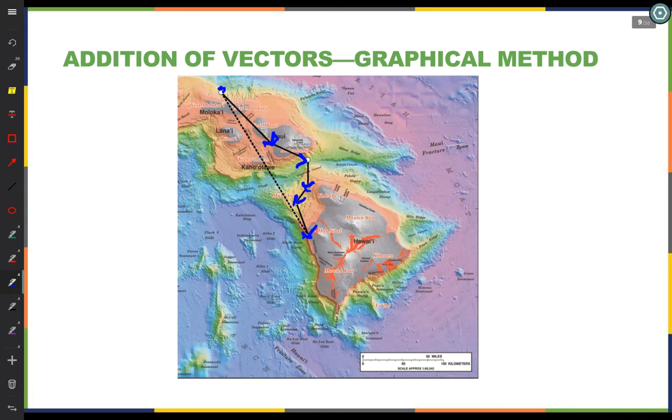The resultant is found by putting those vectors just as they actually occurred here, head to tail, or tip to tail, or tail to tip. Different people say different words. But you just put the vectors in sequence one after the other, and then the resultant, the total trip, is calculated going from the place you started. So the starting point,